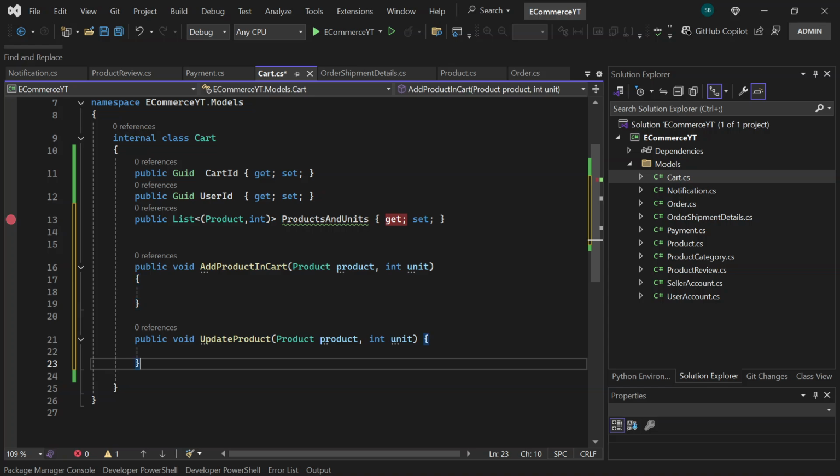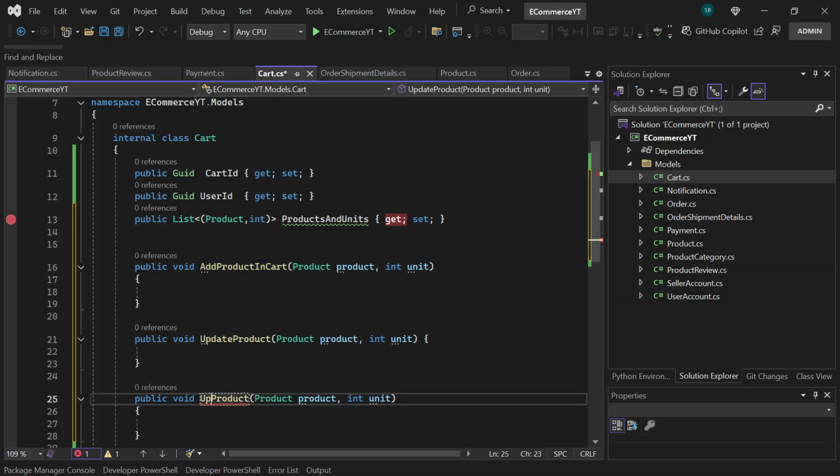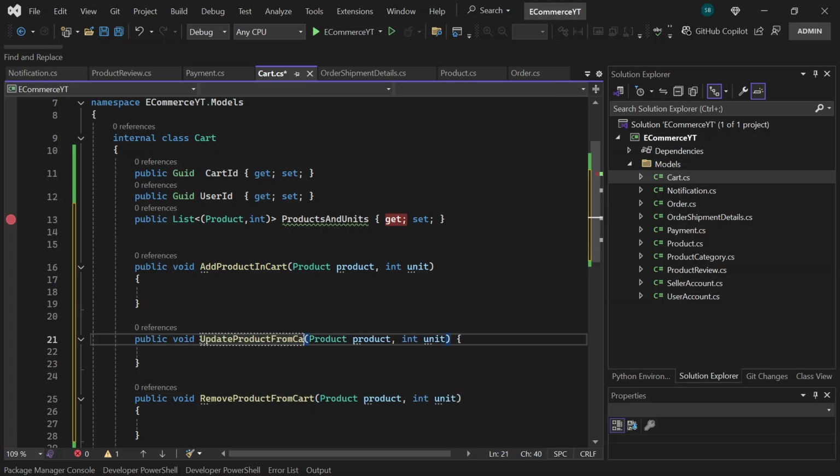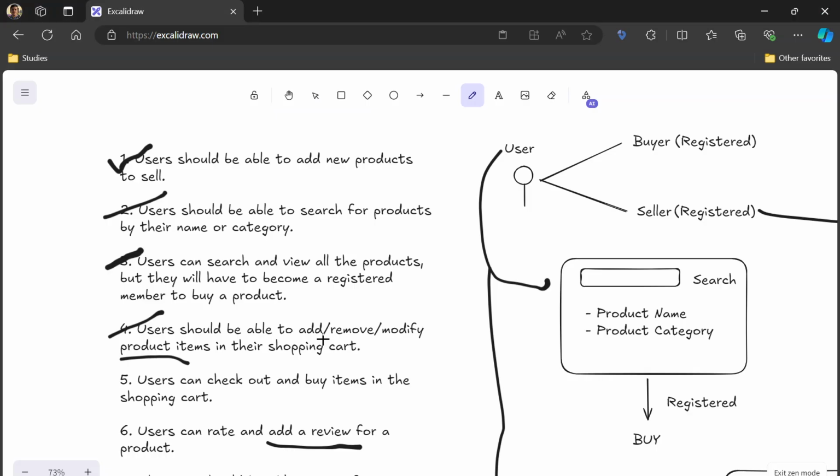Update product, and also something like remove product from cart. So here we will not need the unit, only this will be enough. Okay, so